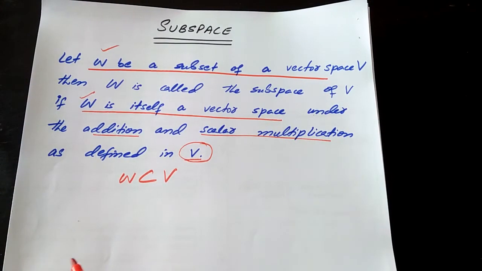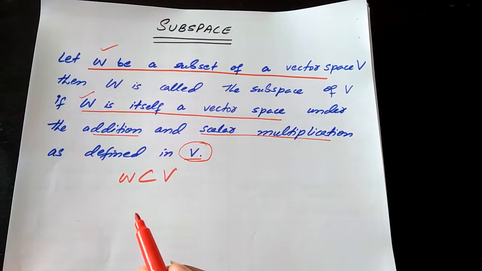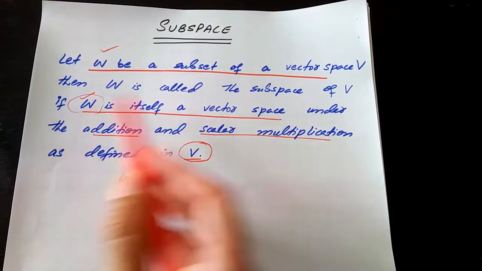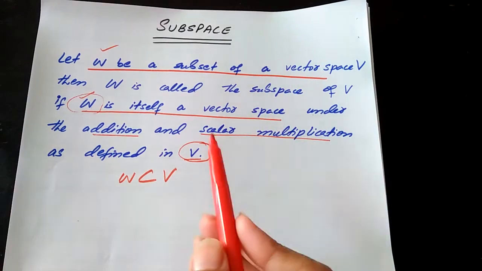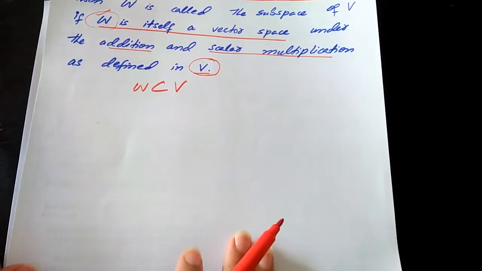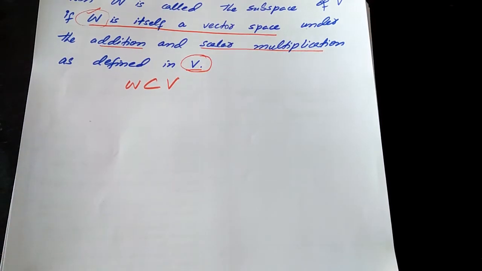Now, what is the necessary thing you have to prove in the subspace? The same thing that we proved in a vector space. You have to prove on the given set all the axioms of a vector space. If all the axioms of a vector space are satisfied for this W, that is a subset of a vector space V, then we can say W is a subspace. So what are those axioms that you have to satisfy here? The first axiom is